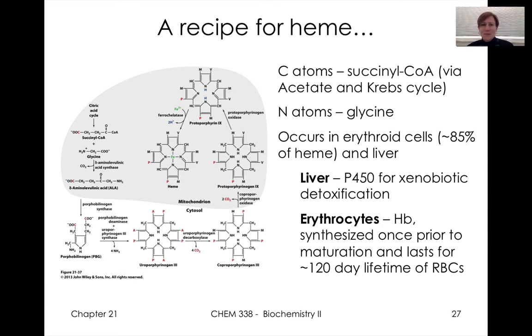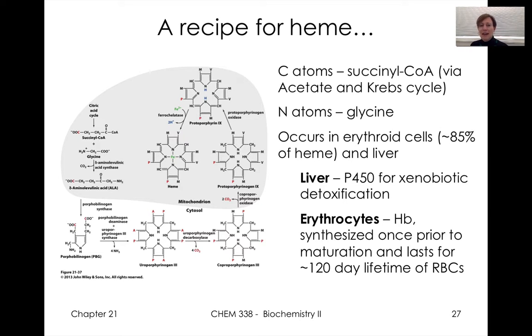Heme. We've seen hemes a lot, whether it was in hemoglobin, or heme or heme related species in electron transport, in photosynthesis. So building these hemes is important, and as we see over here, we utilize some amino acids like glycine that help to provide our nitrogen atom building blocks. And so lots of this chemistry happens in red blood cells and in the liver because there's lots of need for heme, for cytochrome P450 enzyme activity.